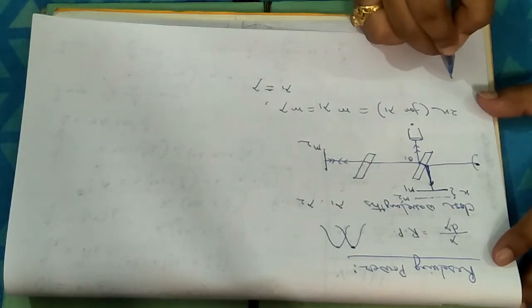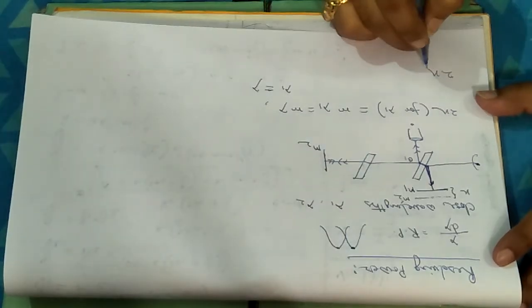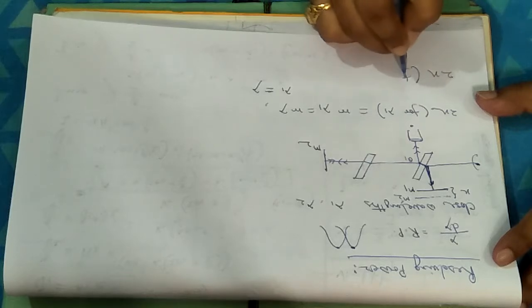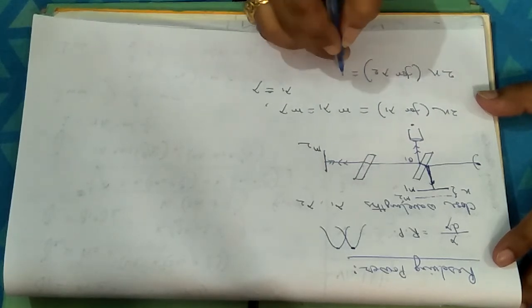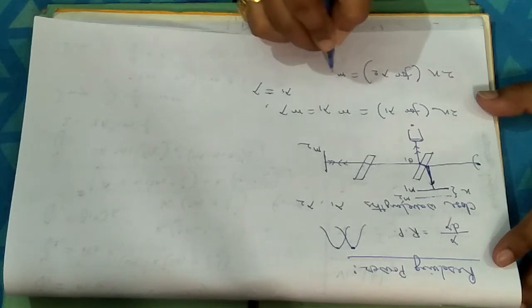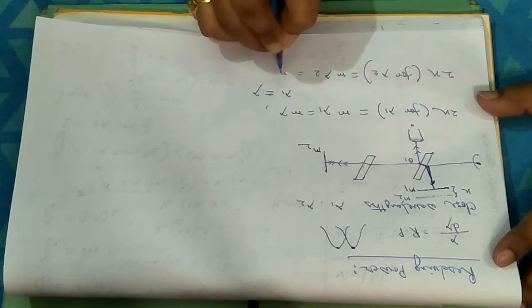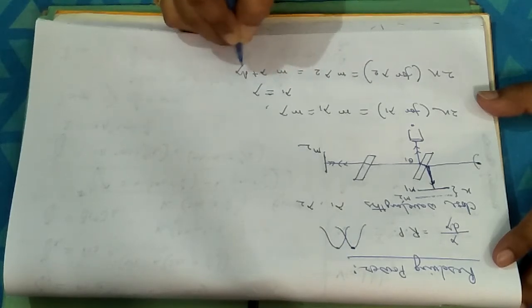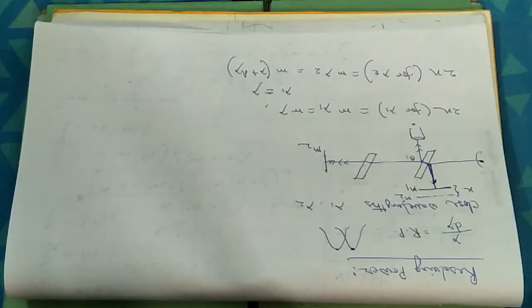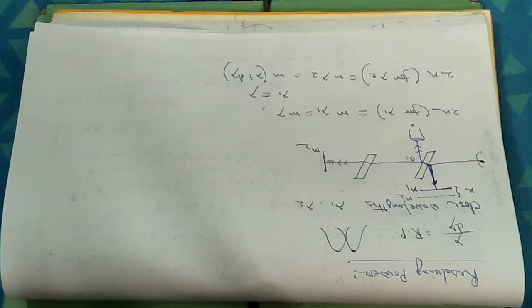Similarly, when I am using the other wavelength lambda 2, I am getting twice x for lambda 2 equals m lambda 2. That can be written as m into lambda plus d lambda, where lambda 2 is written as lambda plus d lambda,